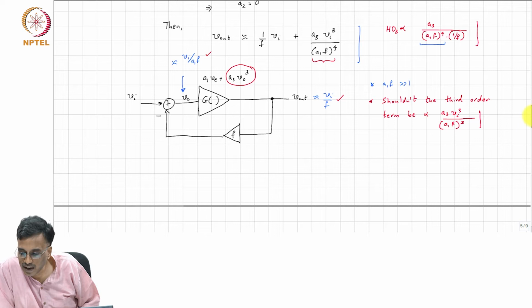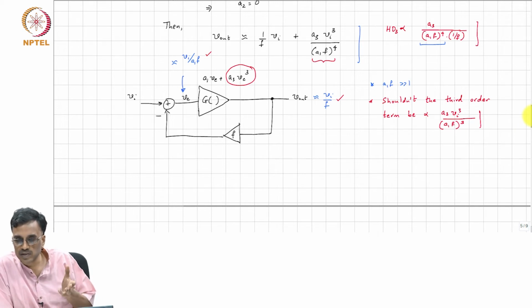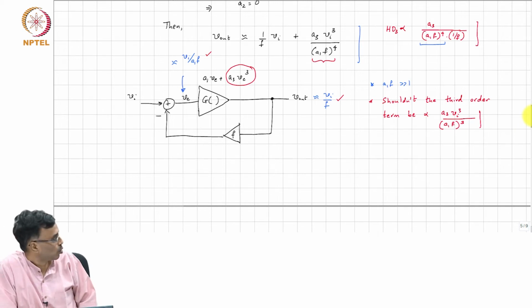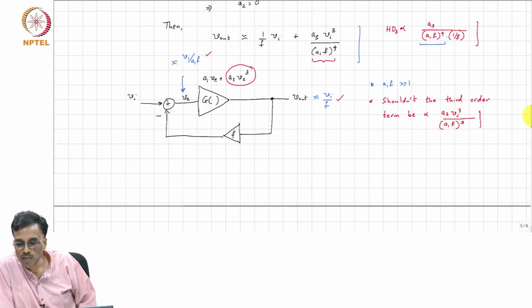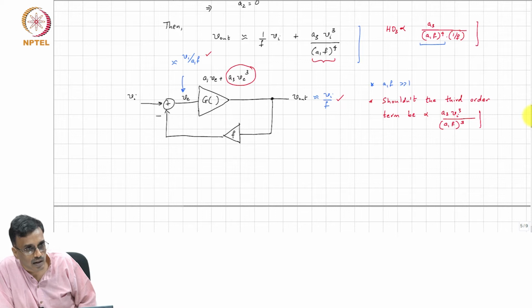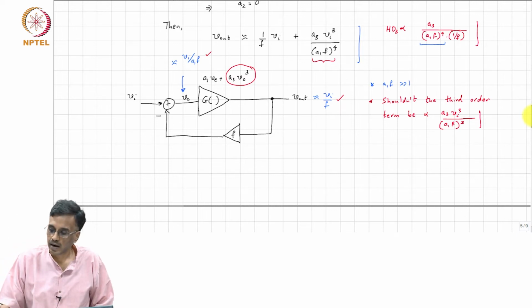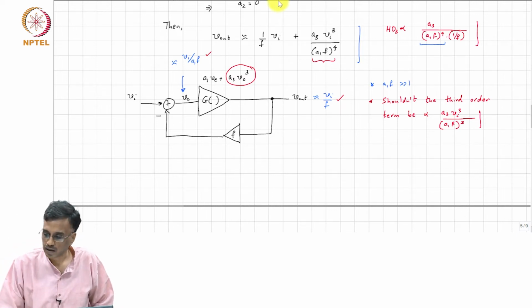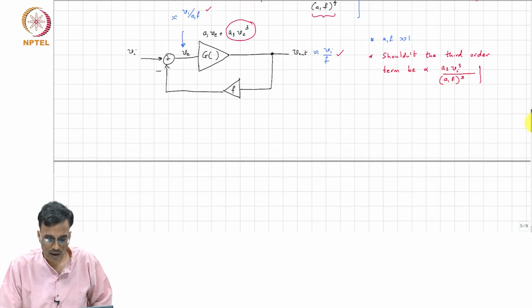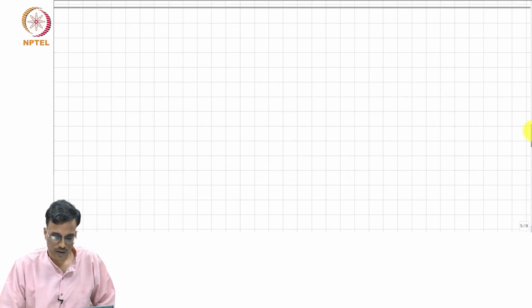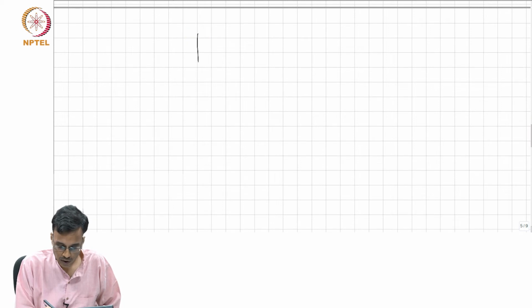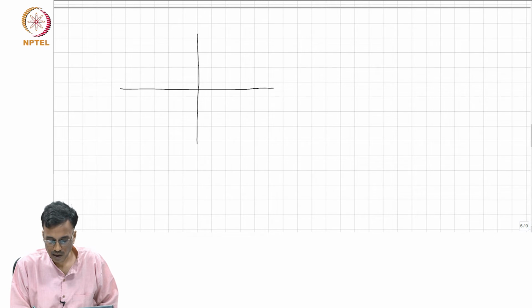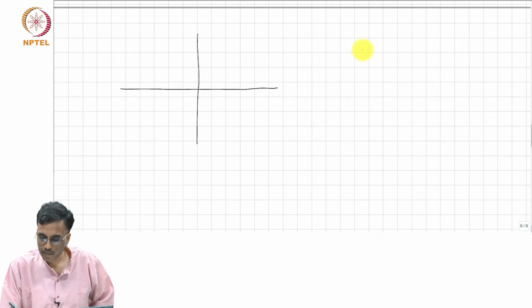Third order, I hope I have just convinced you that it should go down as A1F the whole cube, but the actual analysis is showing us that it is going down as A1F whole power 4, right. And it turns out that the argument is subtle, and before I show you that argument, I would like to explain this graphically. So, let us assume you have